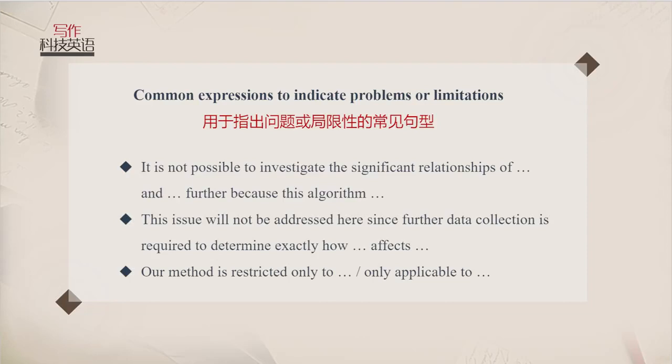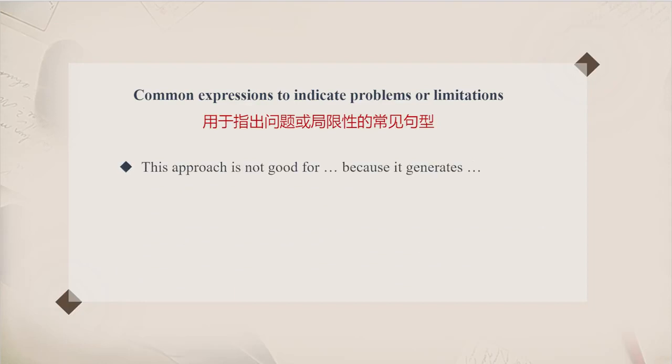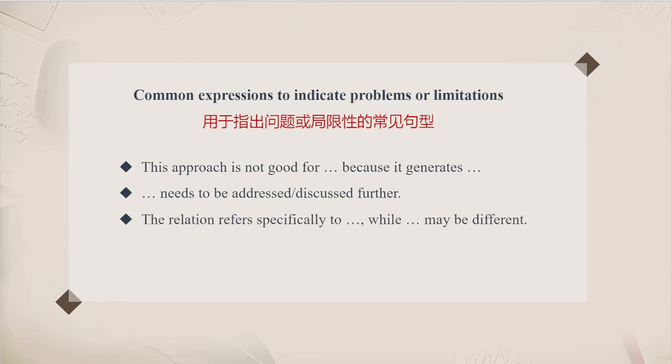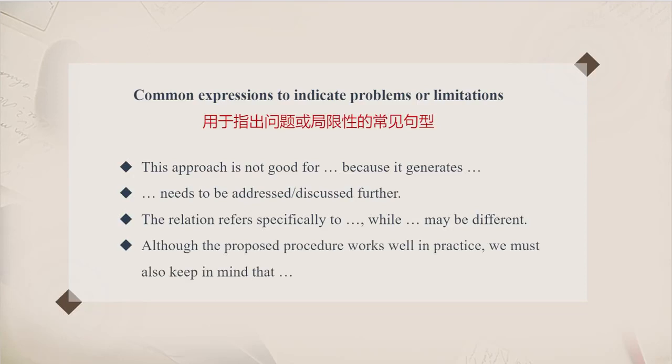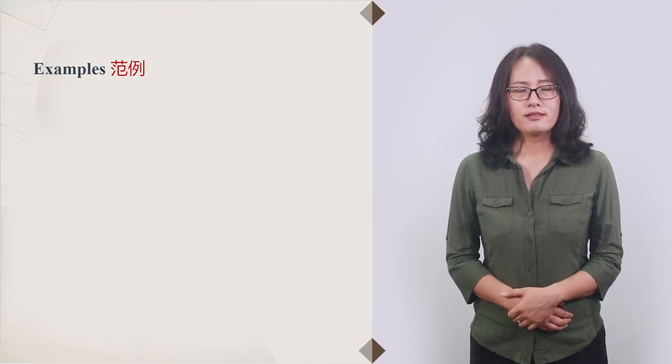Our method is restricted only to something, or only applicable to something. This approach is not good for something because it generates something. Something needs to be addressed or discussed further. The relation refers specifically to something, while something else may be different. Although the proposed procedure works well in practice, we must also keep in mind that 我们来看几个例子。第一个例子